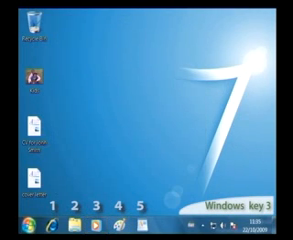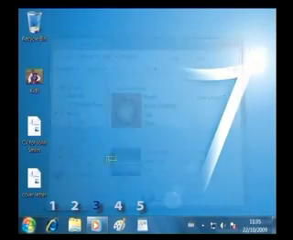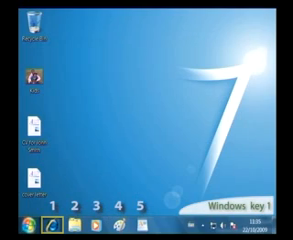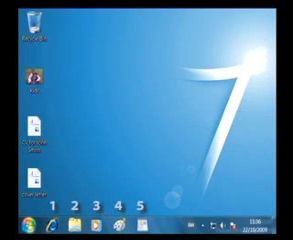For Windows Media Player, Windows 3, Windows Explorer, Windows 1, and so on. So as you can see, with this useful function, it's now possible to open a program of your choice